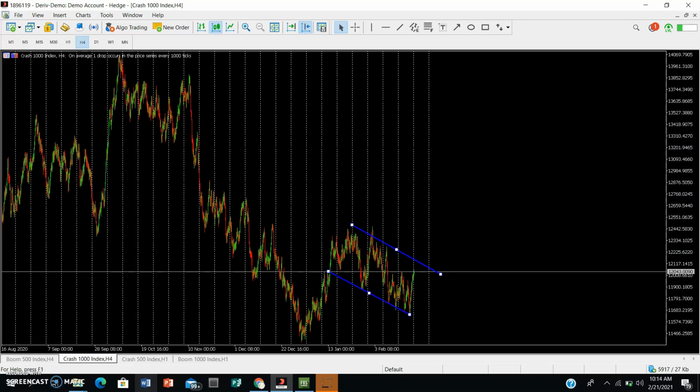I'm going to start off with Crash 1000, and from Crash 1000 I can see we had a flag. I just pointed it out right here, and this is a flag, and this is what has been happening, right? So at this point, price is at 12,043, right? And what we obviously expect is price reach the ceiling of our flag, and then either the flag ends by